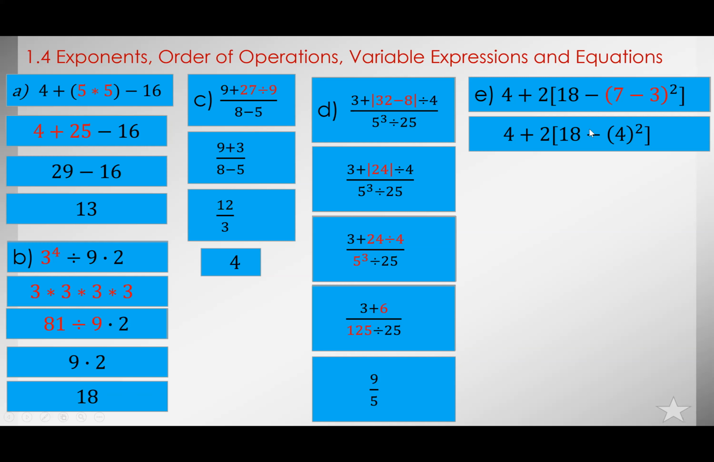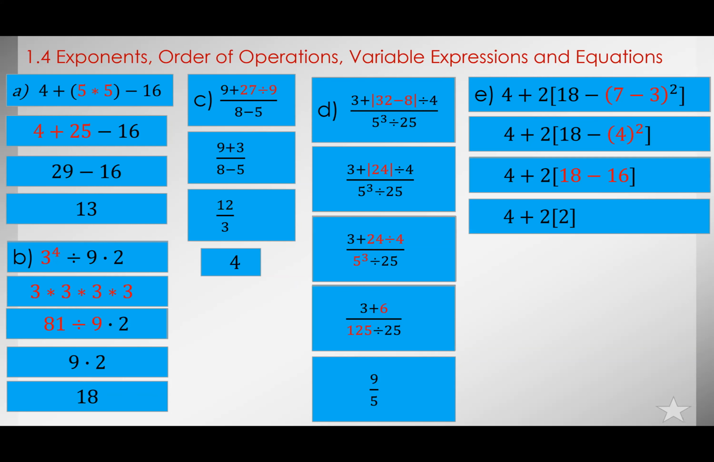But before I get rid of this bracket, I need to know what this exponent is. Everybody see that the next step is to evaluate this exponent: 4 raised to the second power, which is 4 times 4, to give you 16. Now, we need to simplify this bracket item, and if I simplify it, all of you got this: 18 minus